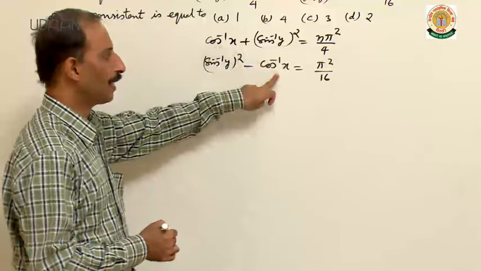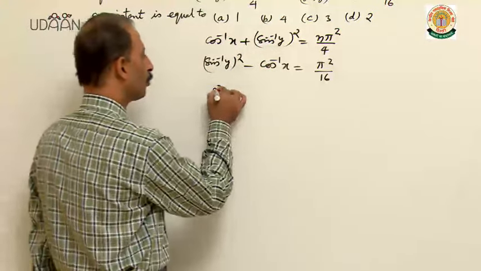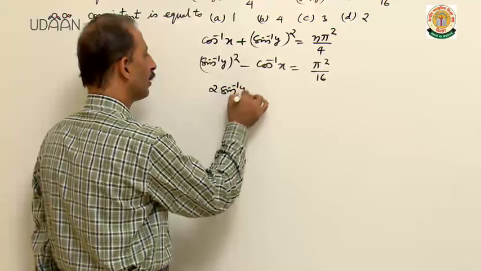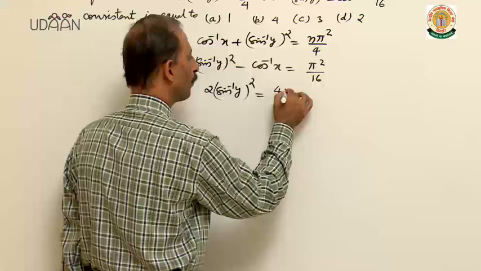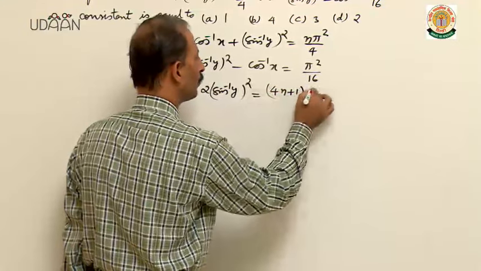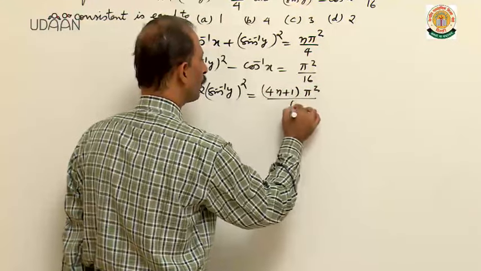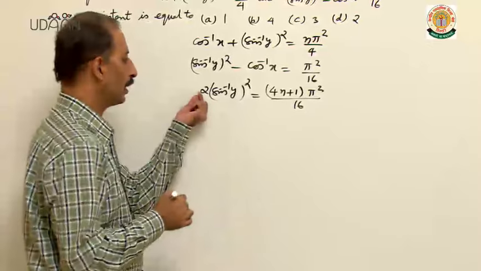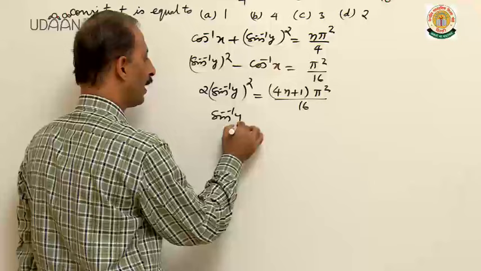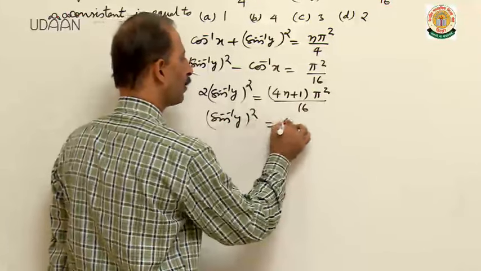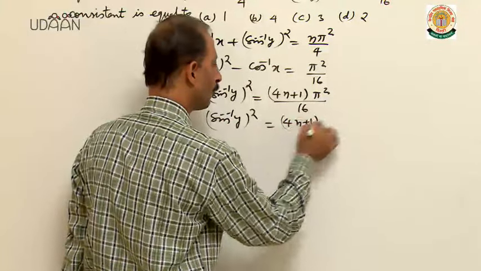Cos inverse x will be cancelled and it becomes 2 times (sin inverse y) whole square. And on this side you will get (4n plus 1) times pi square upon 16. Divide by 2, you will get the value of (sin inverse y) whole square as (4n plus 1) times pi square